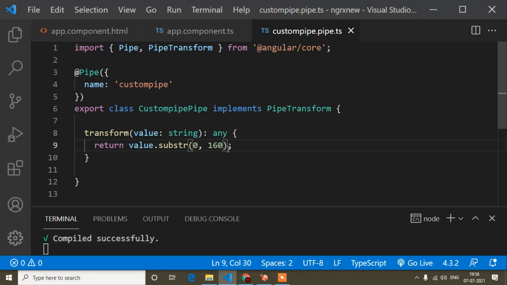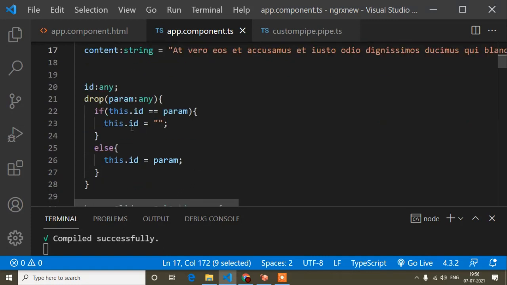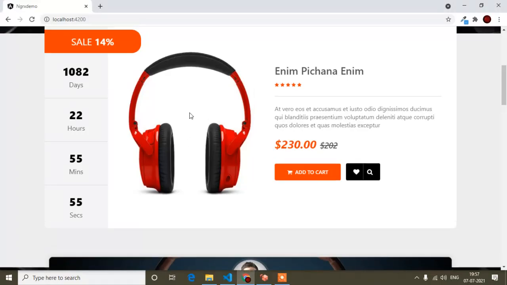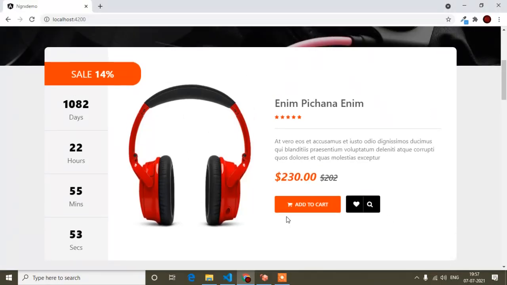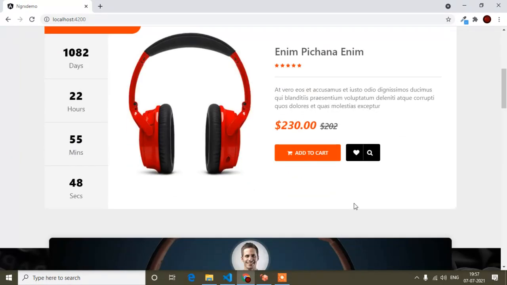So you can use this in your real project as a custom pipe in this way. Now if you are thinking, this is the substr method, a pure JavaScript method, so you can simply use this JavaScript method here, like writing a method and using substr. But I'm using a custom pipe because, as I already said, this best selling product will be not only on your landing page, but also on your product details page.